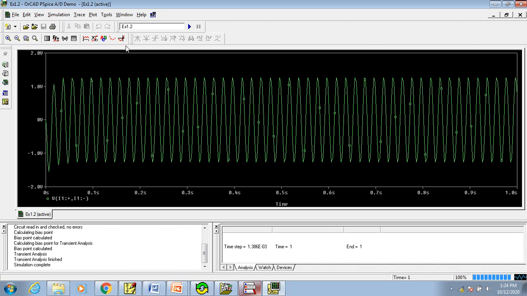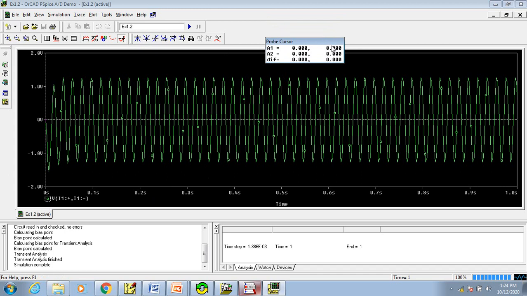Now I must see the magnitude. So click on cursor peak, and you can see all these icons, they get highlighted after we click cursor peak. Now you can see the value is 0 initially. Now, what is A1, A2, what is the difference? We'll understand slowly. Now click on cursor peak, right? As you are aware, this column is your y-axis, this is your x-axis, and these are your labels, right? So this is x-axis and this is your y-axis. What is the difference? It is nothing but A1 minus A2 along x-axis and y-axis. So now as I click on cursor peak, you can see it shifted from origin to the first peak along the waveform. So at 16.907 milli, my peak value is 1.0679.